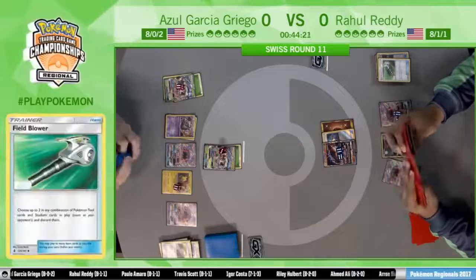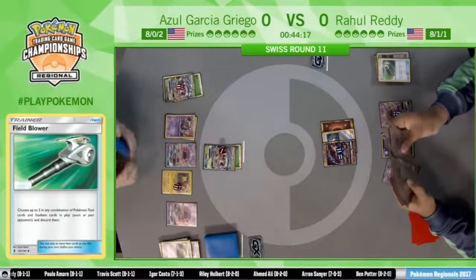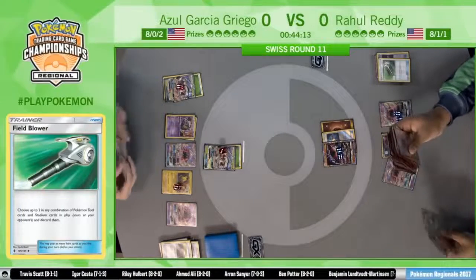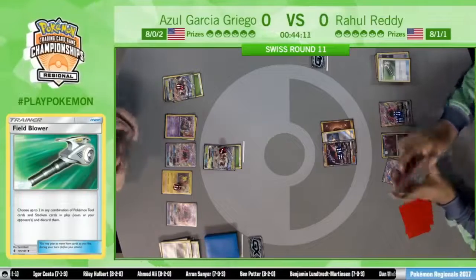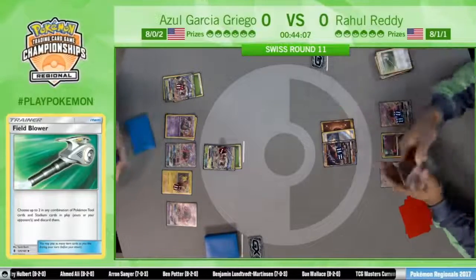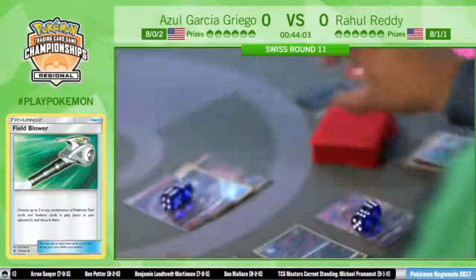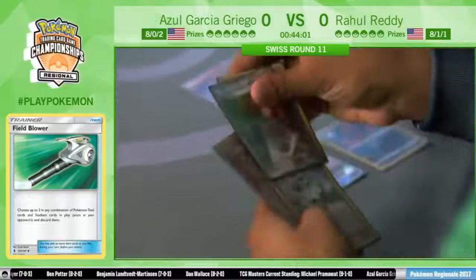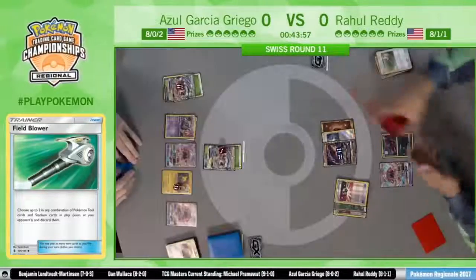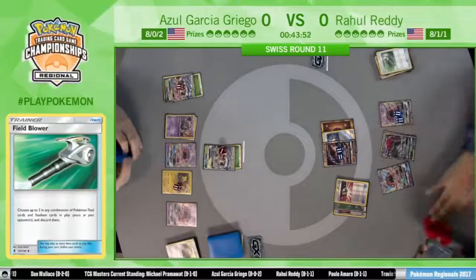There we go, the Field Blower taking off the tool from the Garboder, meaning he can actually Wonder Tag for a supporter to try to get a little bit more setup. Yeah, well-timed Field Blower there from Rahul. Interesting to see what supporter he goes for here. Yeah, so I was going to say, one common idea might be that he's just going to go ahead and throw the Bridget away. It's kind of like too late. You're like, well, if I play Bridget now...